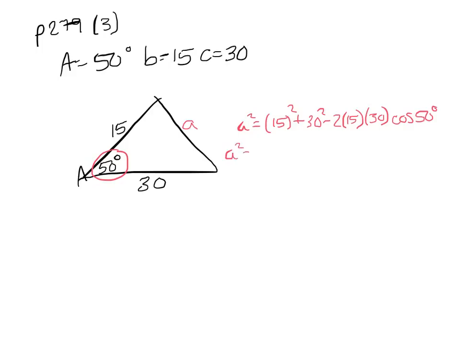So A squared equals 15 squared is 225 plus 30 squared should be 900 minus 2 times 15 times 30, another 900, times the cosine of 50 degrees. So we got 1125 minus, now if I go cosine of 50 degrees times 900, I get